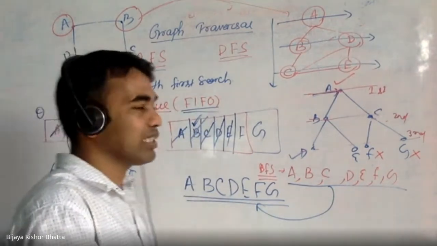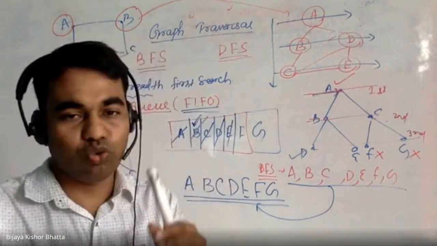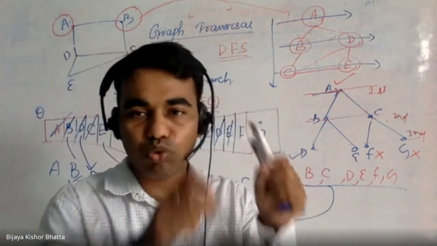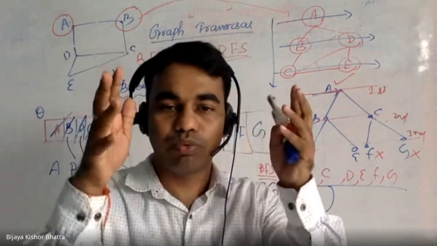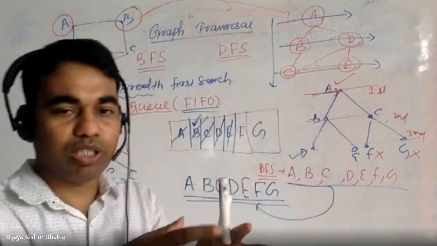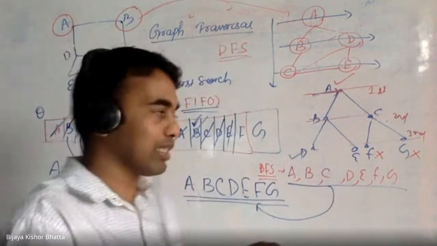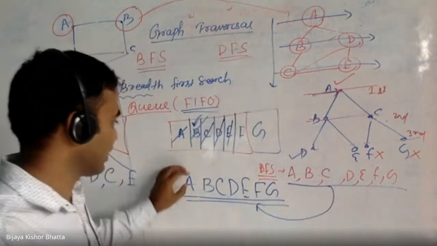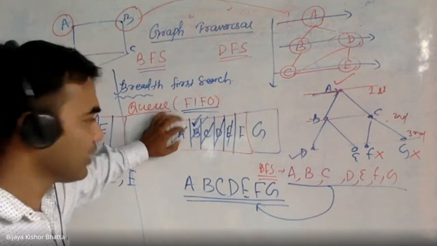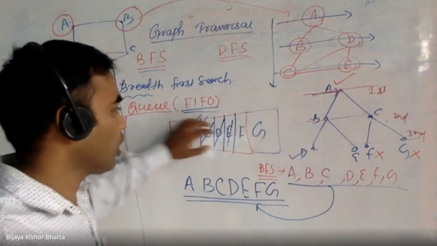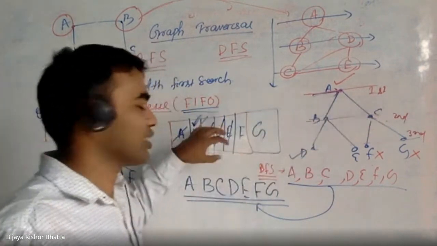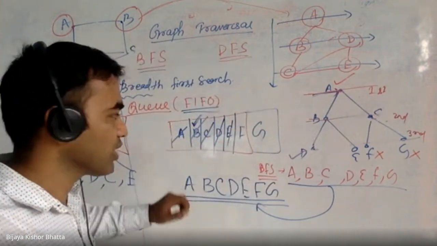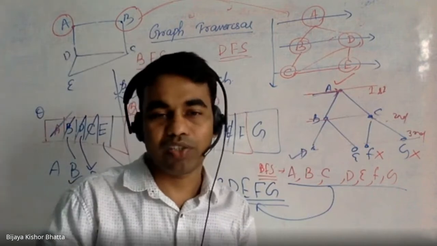So what we are doing is simply two steps, no more than two steps. The first step is to choose any vertex and put it into the queue. That's it. Choose a vertex, put it in the queue. And while processing, suppose you want to process this front element, make sure that all the adjacent vertices are there in this queue. If not, then insert them and delete the processed one, right? So these are the steps involved in the case of BFS.